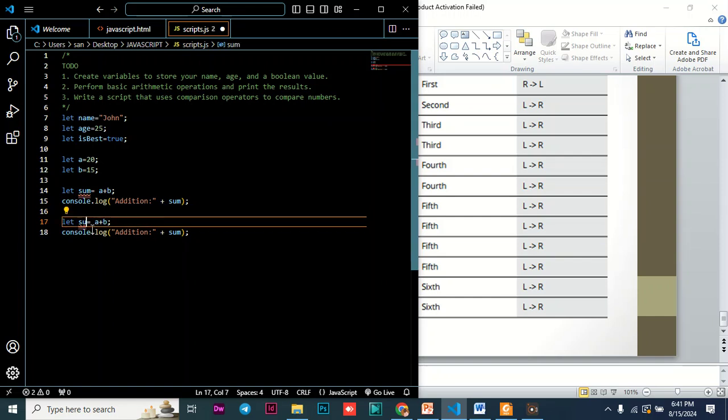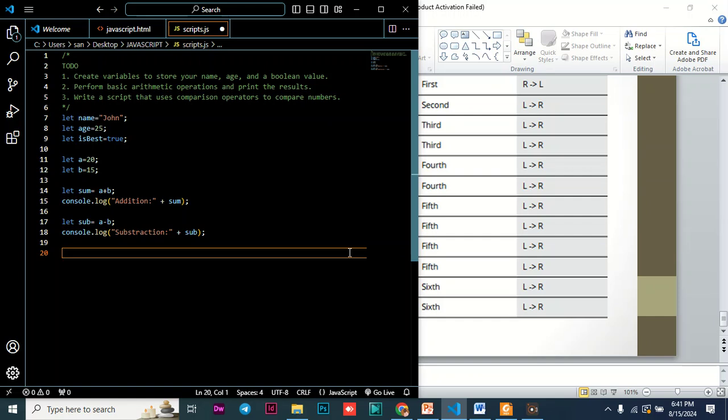Now it's going to be sub for subtraction. Then you're going to say a minus b, and then you're going to say subtraction, and then you can just say there sub, like that. Okay, so we can just get the last one. Maybe you can talk of product, and just say product, like that. Then you say a times b,